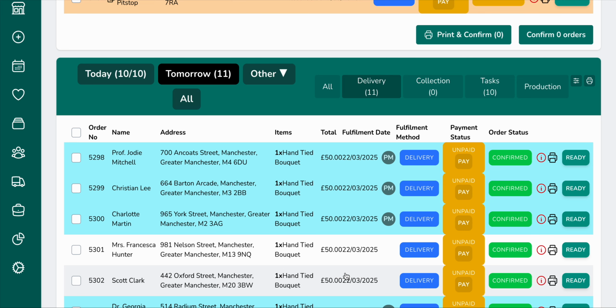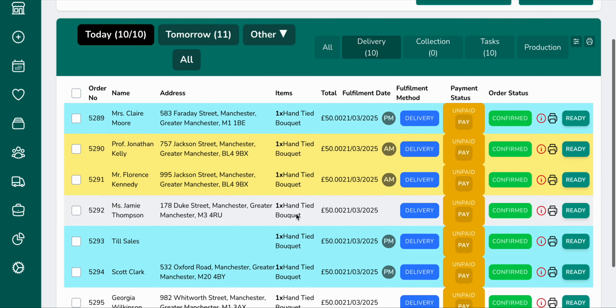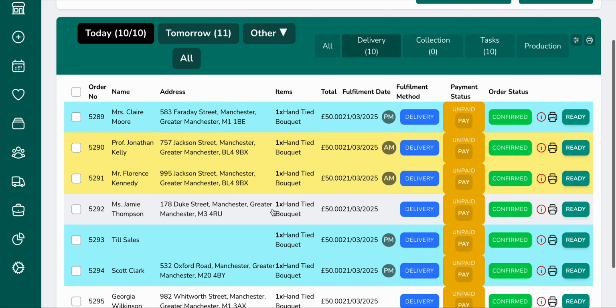A new feature we've got now. This feature basically prints the dashboard as it's filtered, so it could be really useful for peaks. The idea is that all of these orders could be condensed onto a couple of sheets of paper for somebody